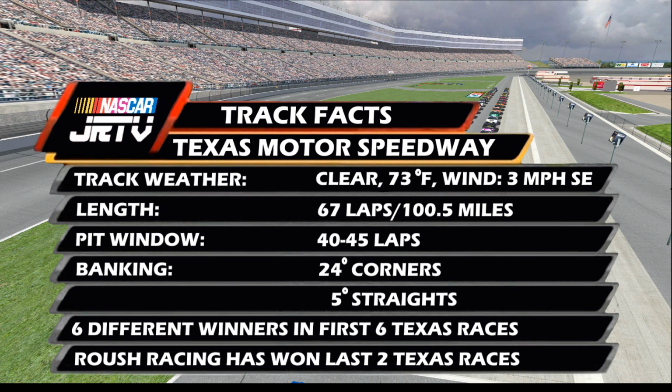We've seen some incidents on pit road here in the past when everyone's on the pit road at the same time, so watch for that. If we get a yellow flag around lap 20, lap 25, they'll be coming down for their only stop of the race, and it could result in some chaos. We have 24 degrees of banking in the turns, 5 degrees on the straightaways,